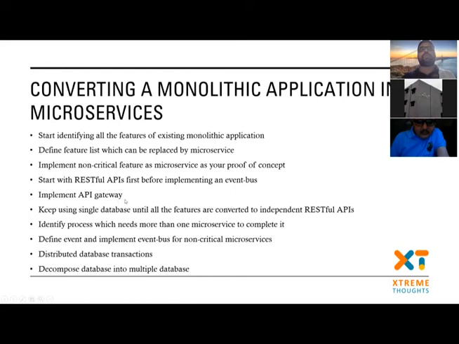So implement an API gateway, which is a must as the number of services grows and the endpoints grow as well. So keep using a single database. Over here, this is only specifically if you are converting a monolithic application. If you are designing new services, you should not go with a single database. Keep using the single database until all features are converted into independent RESTful APIs, and that divides the data